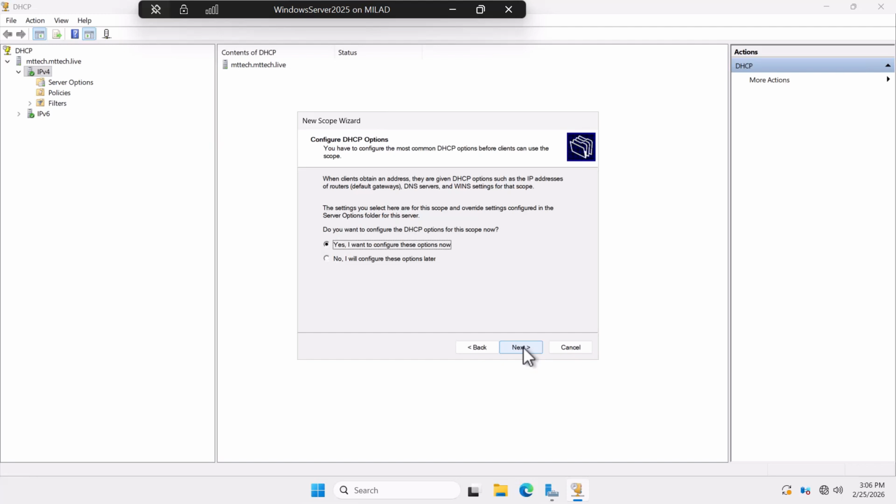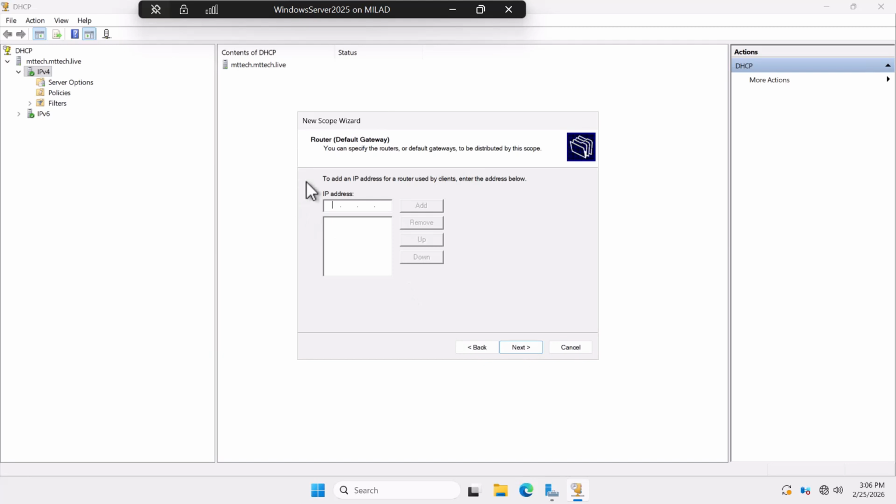Next, and yes, I want to configure these options now. Next, and to add an IP address for a router used by clients, enter the address below. So each network has its own IP. Each network has its own router. So here I will add the address of the router. 192 in our case is 192.168.1.1, the IP address for the router. Add. Next,